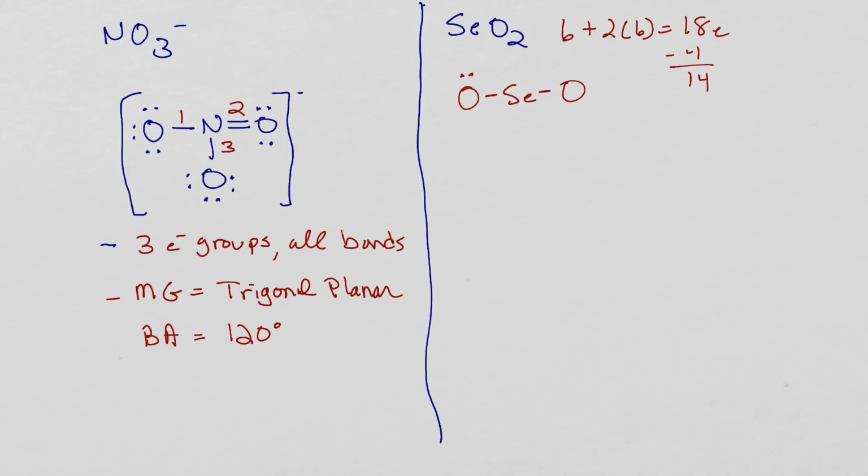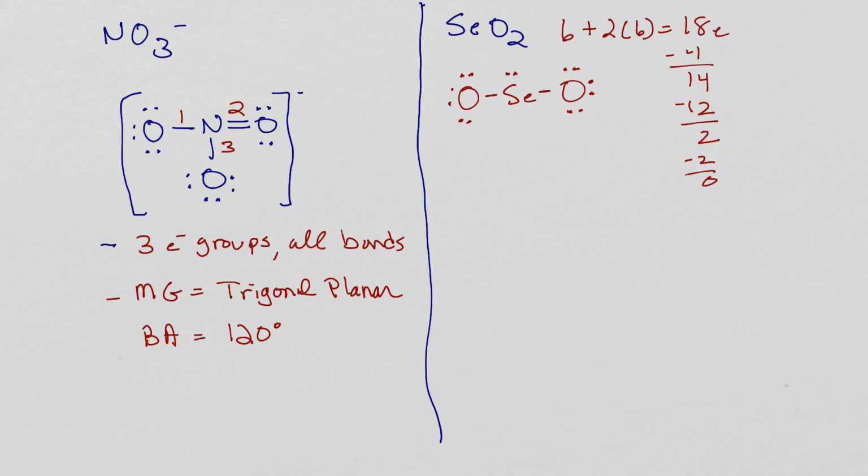So it takes 6 to do this one, 6 to do this one. So that's a total of 12. So I have 2 more left. So I move to my central atom, and I can see here that it has 2, 4, so it needs 4 more. Now, unfortunately, I only have 2. So I can use those 2,